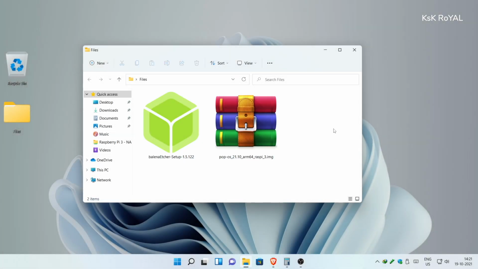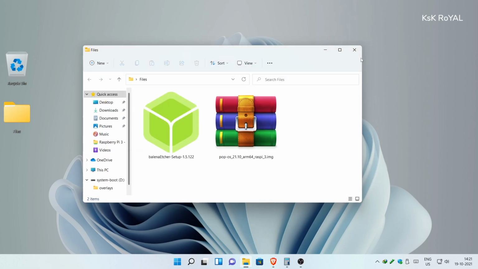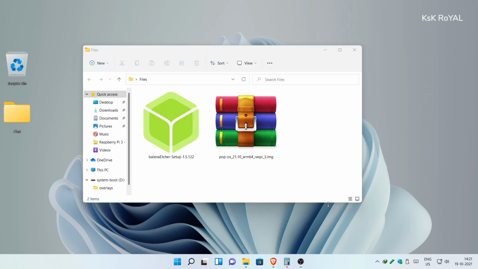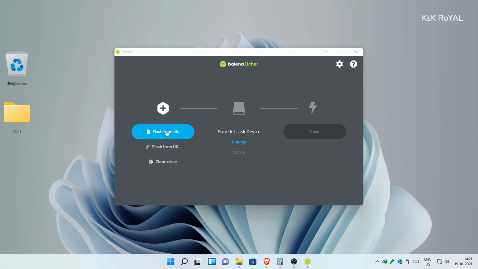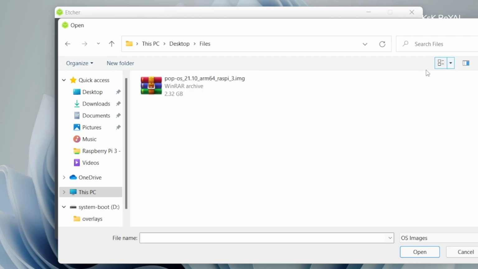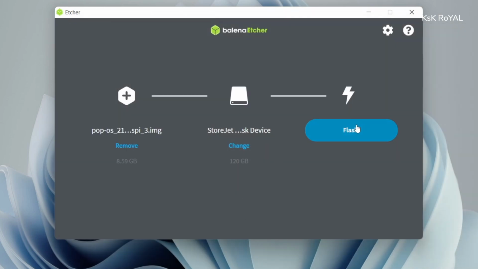Now, connect the SD card or SSD to the computer, then open Balena Etcher, import the downloaded Pop!_OS image file, select your drive and burn this image. This should take some time.